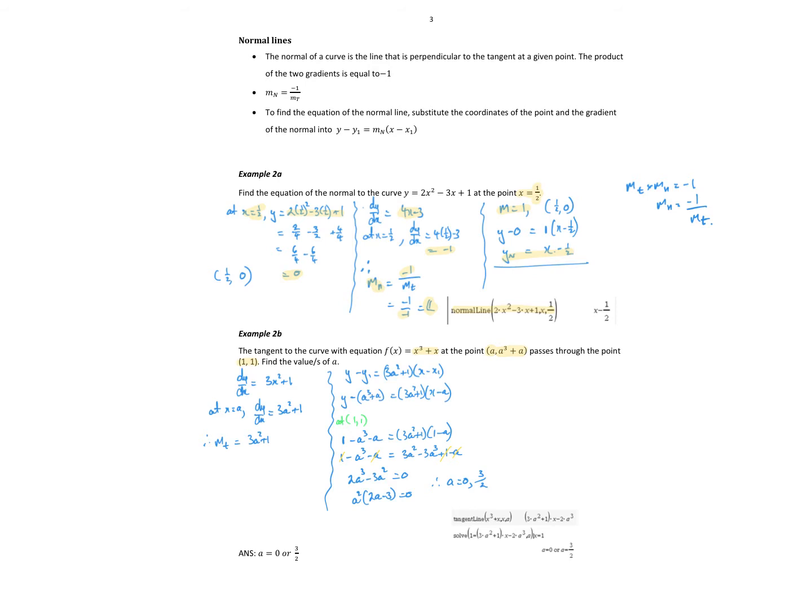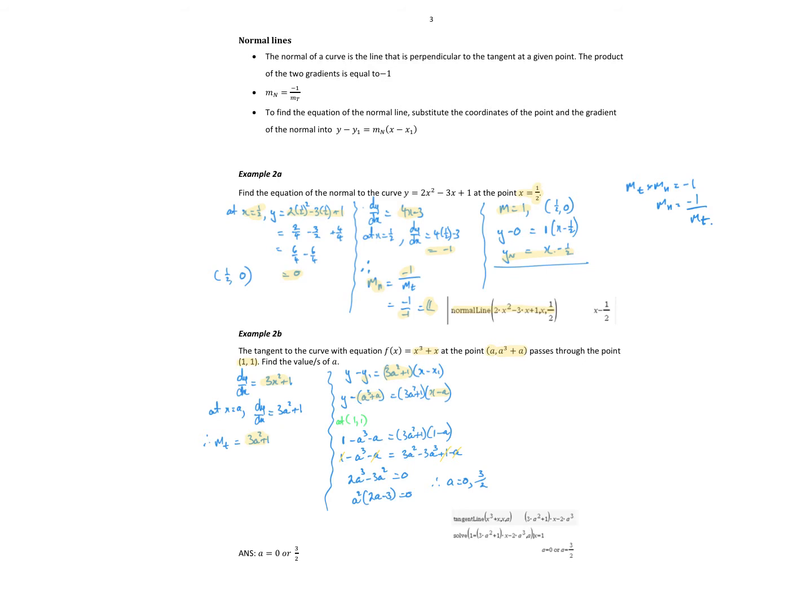So the tangent line at x equal to a, let's find that equation first. So I've got the point it goes through already, it's been listed, so I want to find the tangent line, so I need to know what dy/dx is. So dy/dx is 3x squared plus 1, and at x equal to a, the gradient of that tangent line is 3a squared plus 1. So if I set up y minus y1 equals m(x minus x1), and put the y and the x values in,